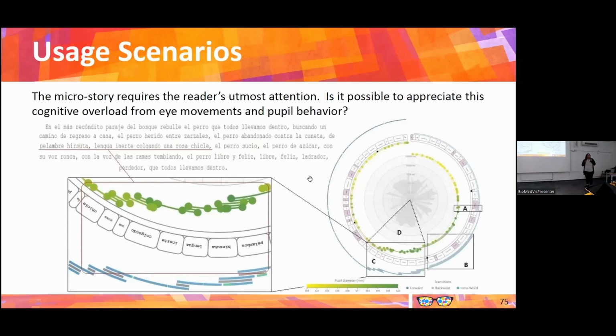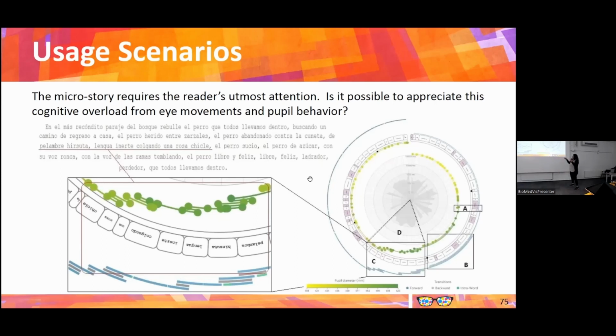But that's not enough. It's not that you check the pupil diameter and that's it. So you have to see what's going on with the other characteristics. So these experts analyzed the regressions, and they have one regression here. Here you have another regression. Here it's coming back, and here a lot of regressions. So they were interested in this part because why is this guy reading in a certain way that is not coming back, and at some point of the story it's coming back a lot.